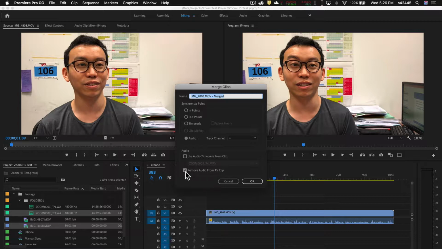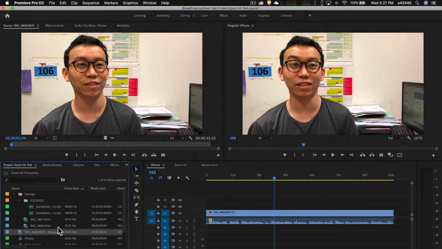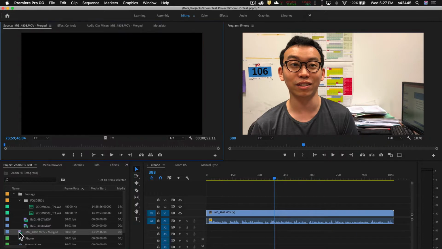This is basically telling Premiere Pro to remove the original iPhone audio, the lower quality iPhone audio. Then I'm going to click on OK. Then you can see that Premiere Pro has done its magic, and we'll see this merge clip over here. I'm just going to double click on the icon to play in the source panel, and then I'm going to find